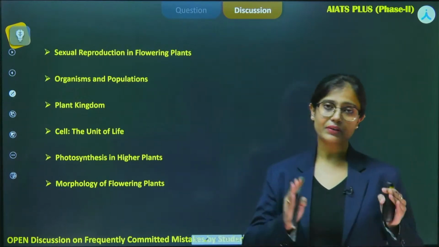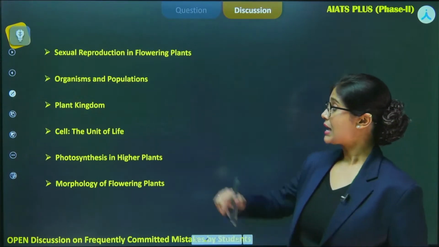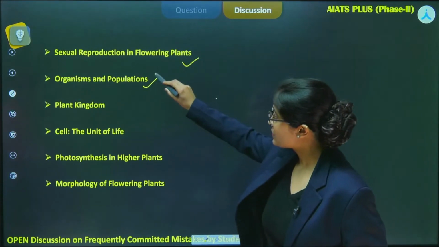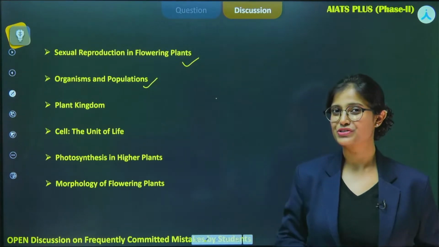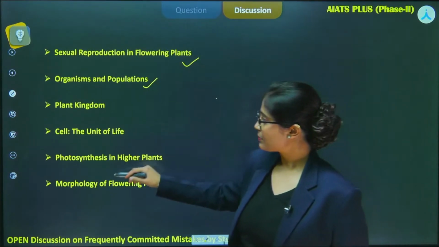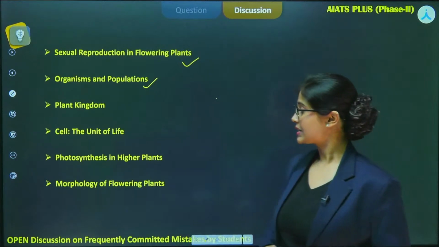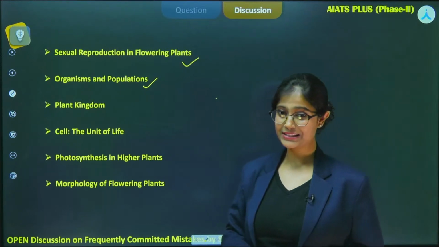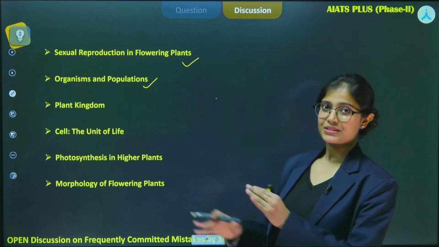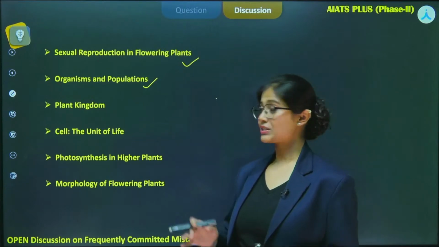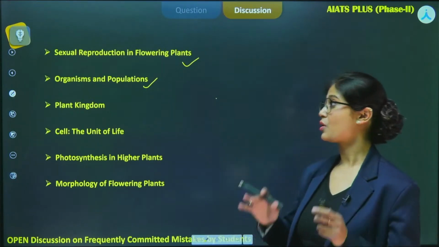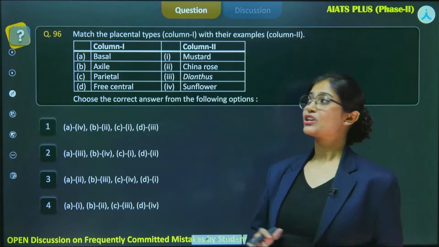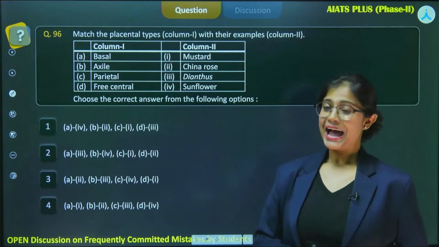These two chapters are very important from NEET point of view as a lot of questions are asked from this chapter as well as from this chapter, particularly from population interaction. And the next four chapters are from class 11th: plant kingdom, cell the unit of life, photosynthesis and morphology of flowering plants. So these are the chapters on which I am going to discuss questions in this session. Now without wasting any time, let's start with the very first question, which is question number 96, and it says